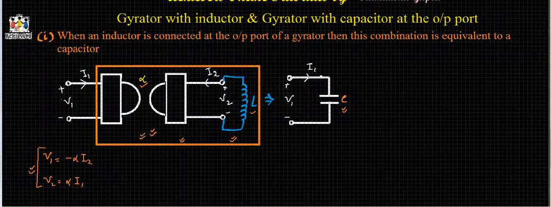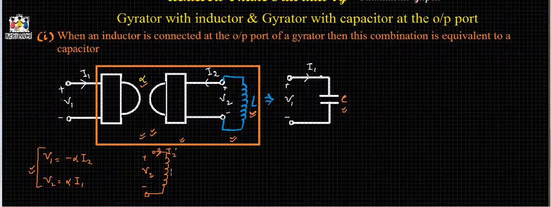For this inductor connected at the output port of this gyrator, suppose if we have an inductor like this, voltage is V2 and this current is suppose I2 dash,